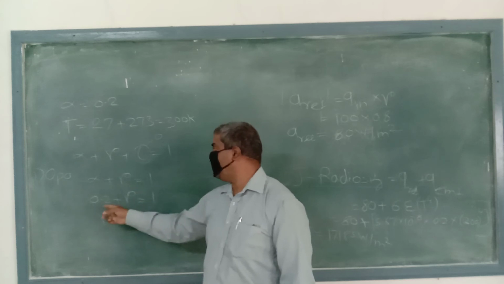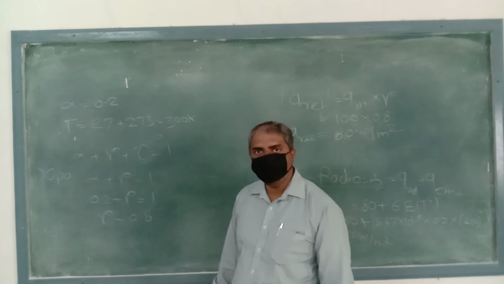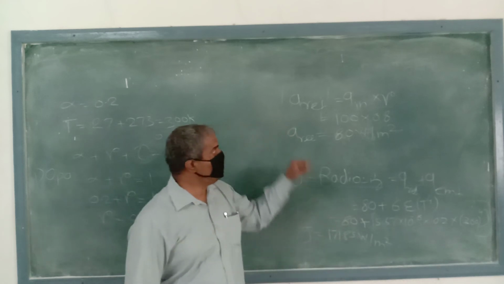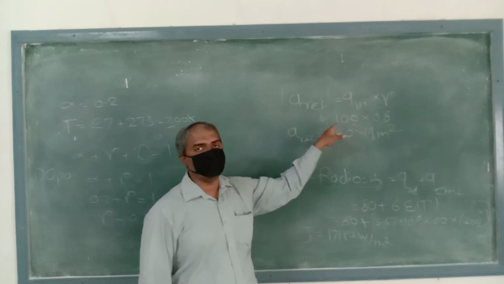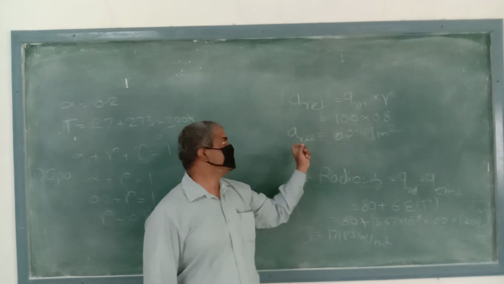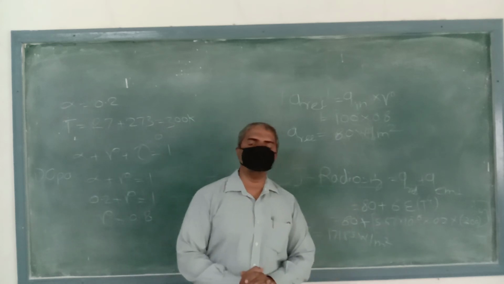So we can calculate the value of gamma, which becomes 0.8, and this value we are substituting in this equation, 0.8, and incident radiation they have given 100, so we can easily calculate Q reflected as 80 watt